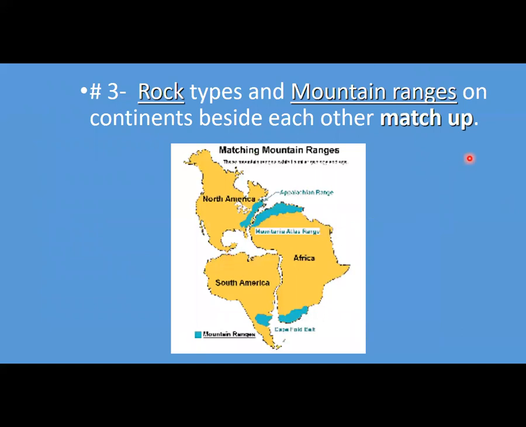Not only that, but he did also find that mountain ranges started to match up. So the Appalachian Mountains in North America, some of the mountains in Northern Africa is also same age, same formation, also with the Scottish Highlands as well. These are all the same age, same formation, so they were created at the same time. The idea is, how is that possible? How are all these mountain ranges the same age, formed the same way, from the same pressure, if they at one point weren't together? Also, South America and Africa again, also had some mountain range systems that lined up.